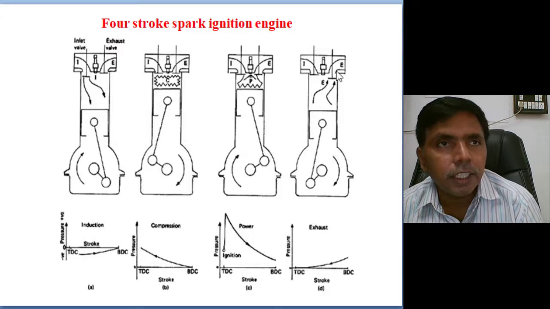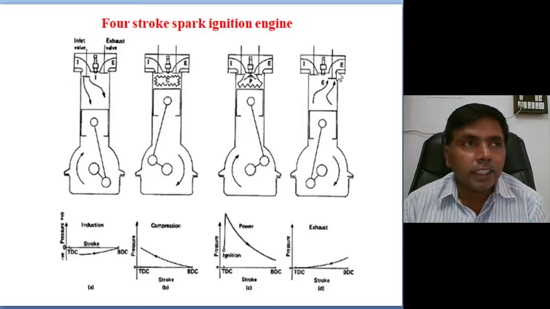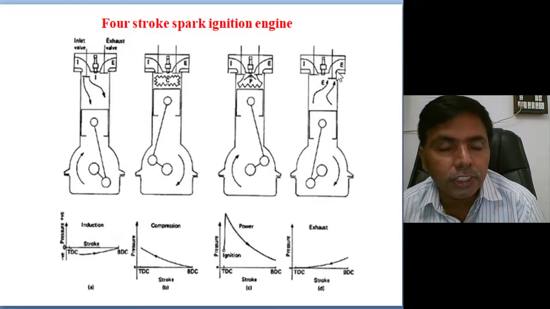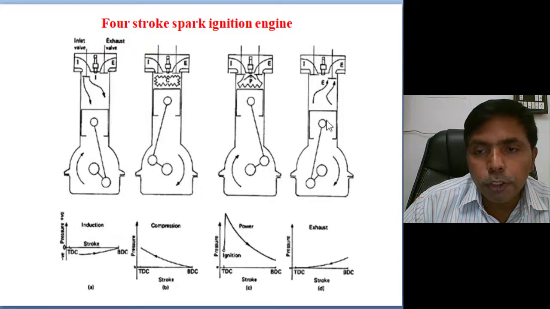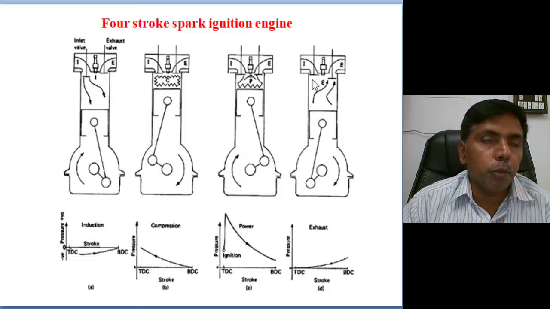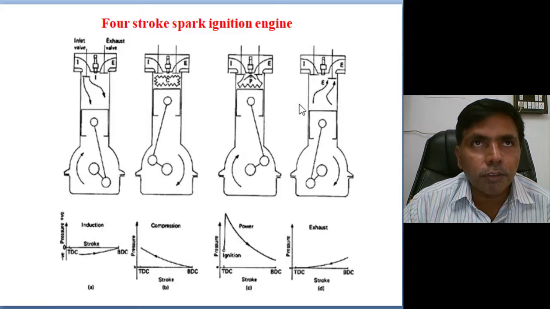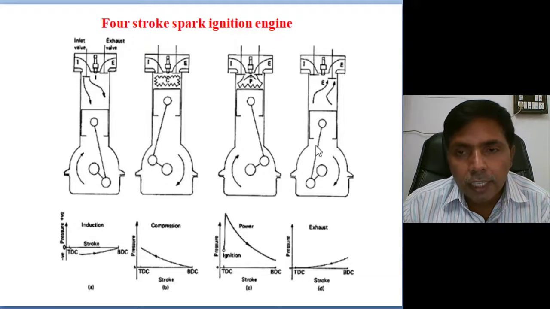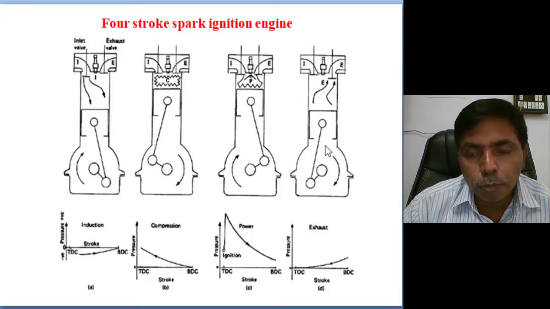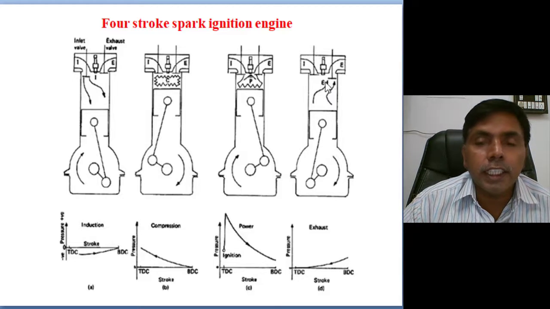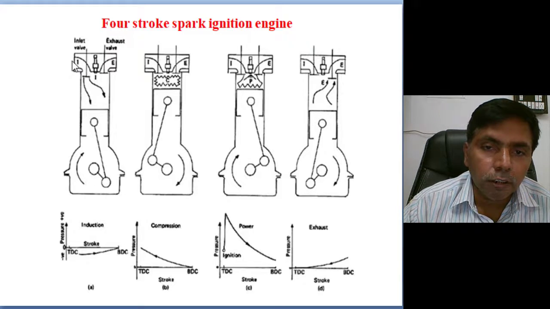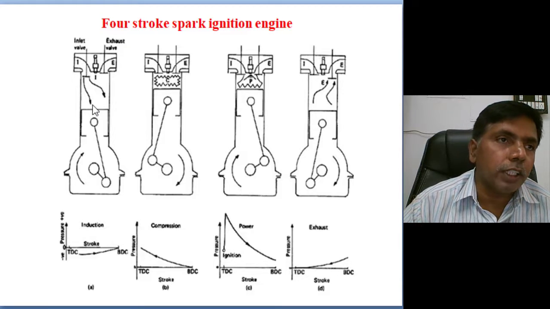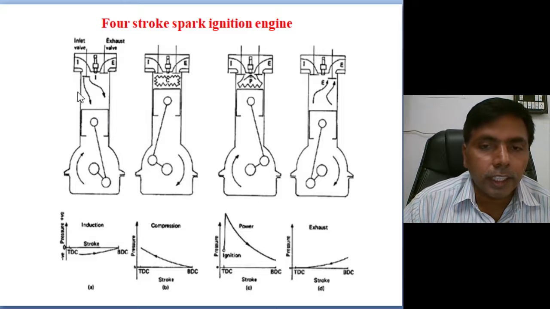The remaining exhaust gas we are scavenging by the movement of the piston from BDC to TDC. So the remaining accumulated exhaust gas we are throwing out by the scavenging operation of the piston moving from BDC to TDC. The entire exhaust gas is thrown out. Why? Because again we will start fresh intake. Then the exhaust valve is closed, the fresh inlet valve is open. Okay, again the cycle will start.